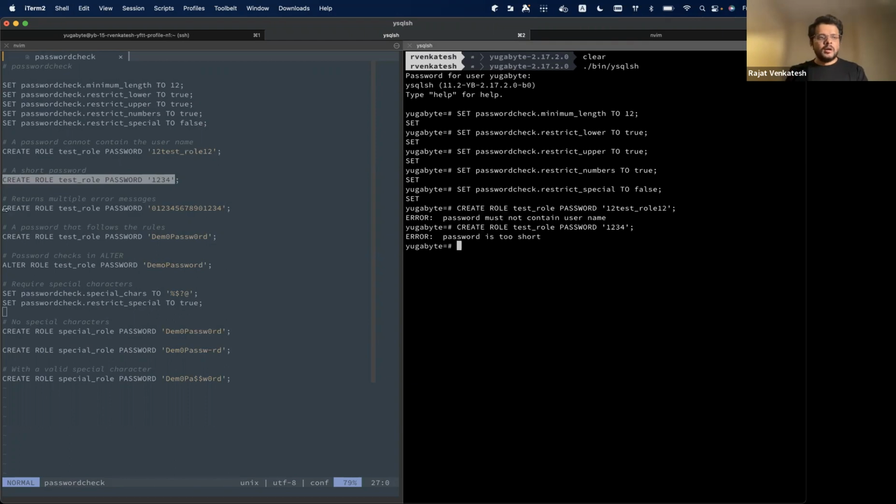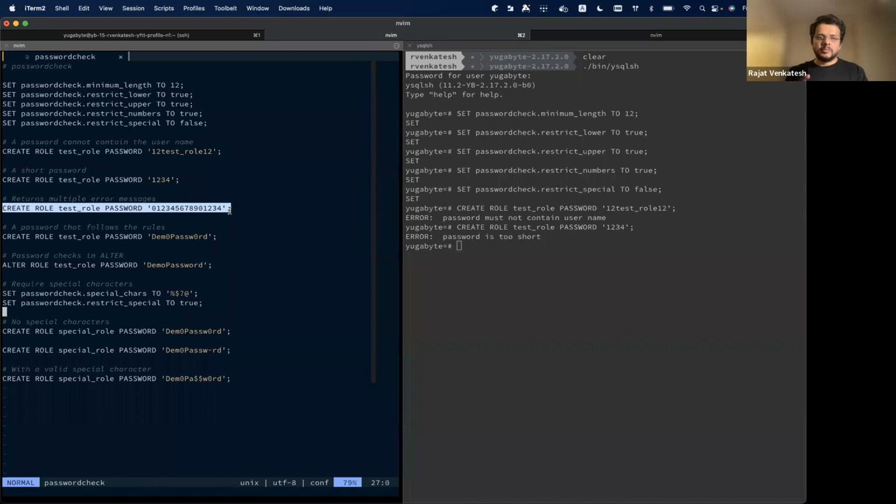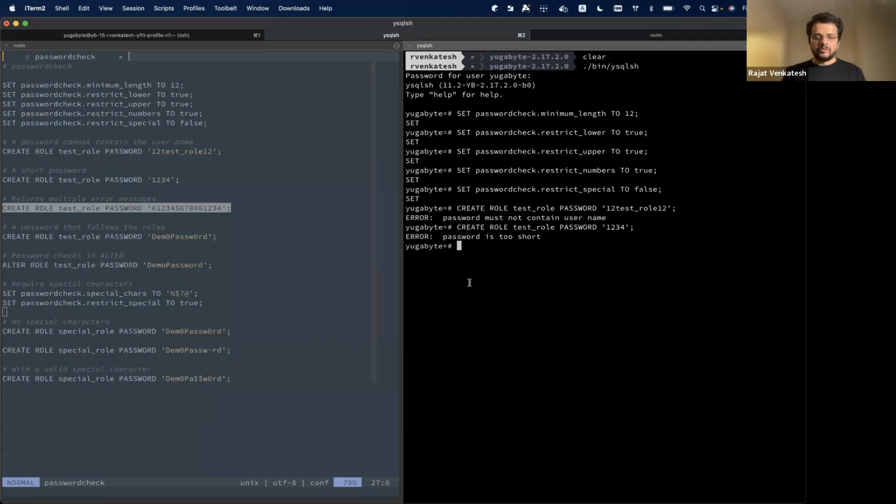another straightforward error. One nice thing about the extension is that once the minimum length of the password is matched, it specifies all the various other rules that it doesn't match. So you get to know upfront what is missing in that password format. For example, in this case, I just used digits and haven't used any upper or lower case, and it gives me an error message that mentions that there are two different rules that have not been